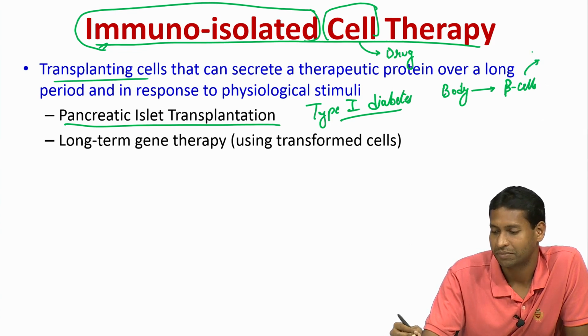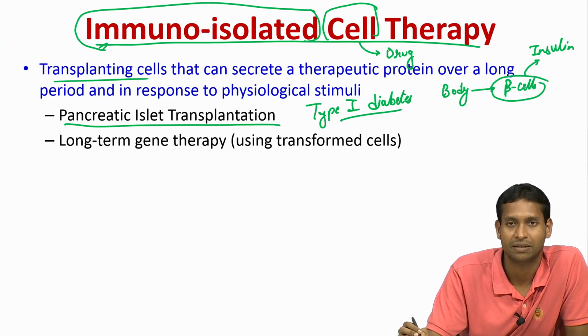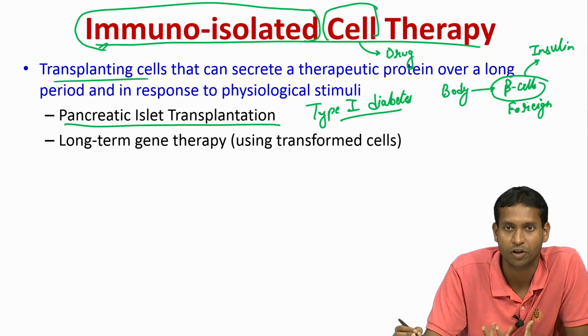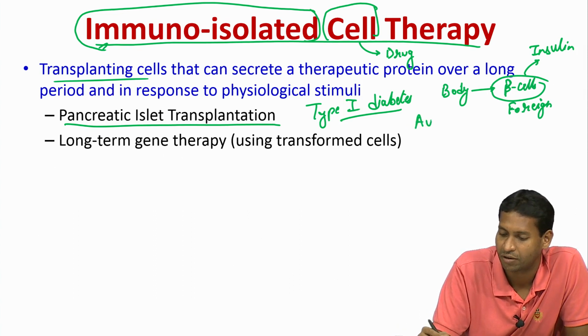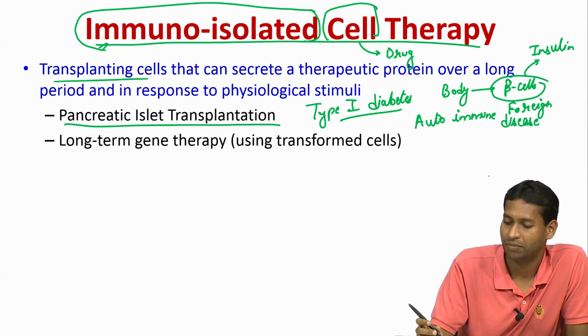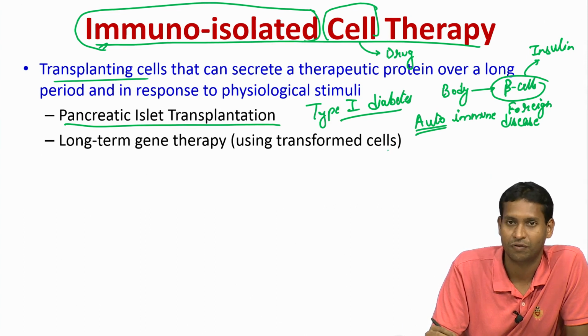that produce insulin. So for some reason the body is now considering your beta cells to be something foreign, and this is of course a disease condition also classified as autoimmune diseases. So this is an autoimmune disease, which means that your own cells are being detected by the immune system as being foreign,